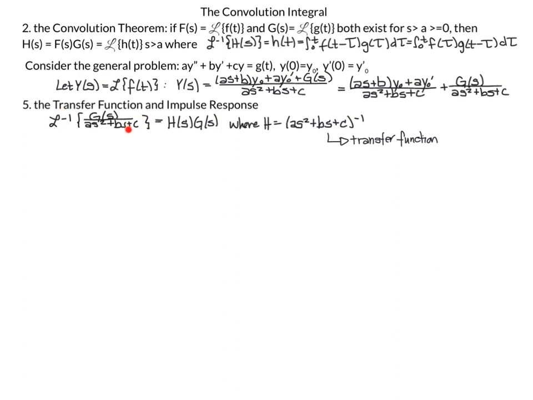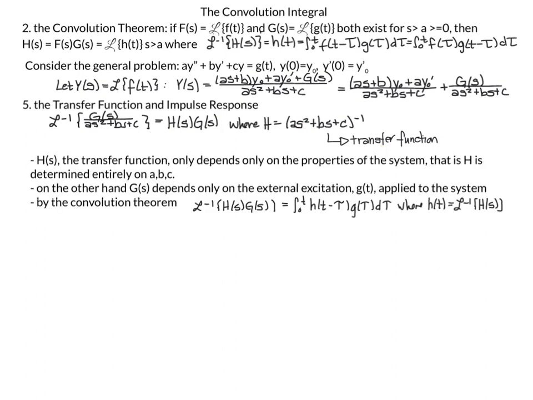So looking at the inverse Laplace transform, we often divide this further into H(s) and G(s), where H(s) is the denominator, (as² + bs + c)⁻¹, and we call that the transfer function. We see H(s) is dependent only on the properties of the system, that is a, b, and c. It does not depend on this forcing function g(t). On the other hand, G(s) depends only on the external excitation, g(t), the forcing function applied